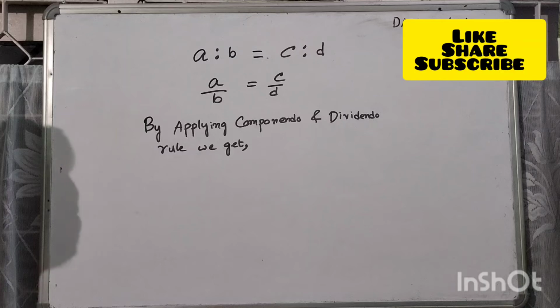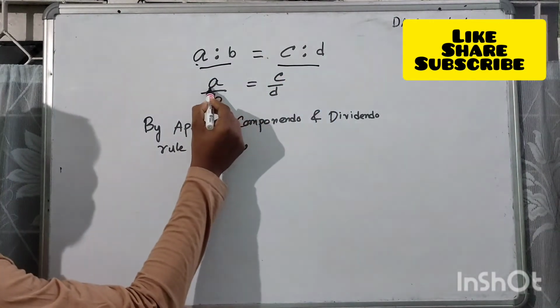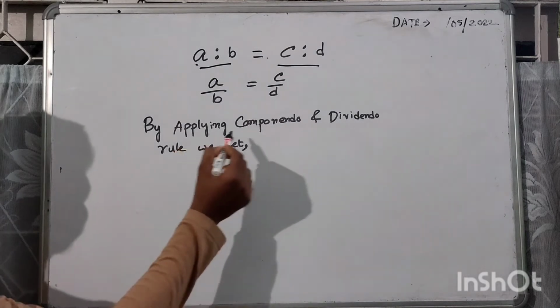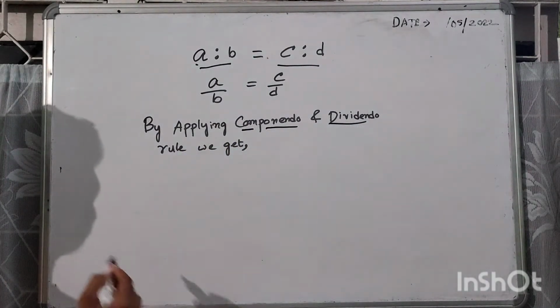So today we are going to study the componendo and dividendo rule. Suppose there are two ratios, A is to B and C is to D, which you can write in fraction form, A by B and C by D. If we apply the componendo and dividendo rule, according to this rule, what we do is,